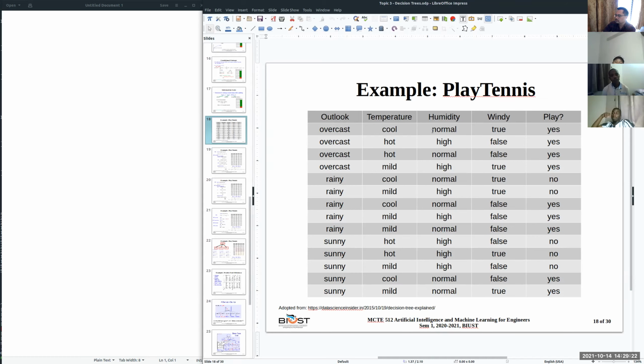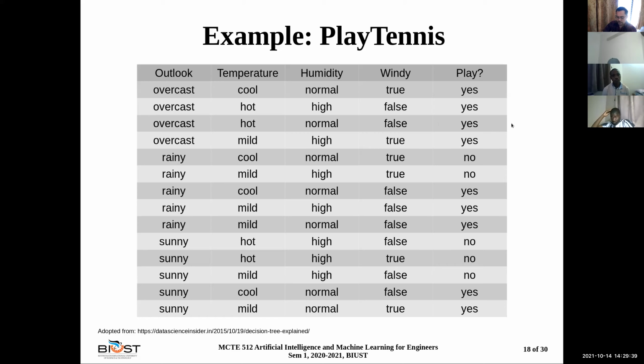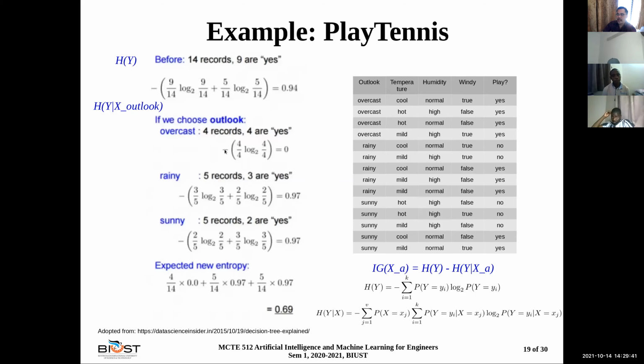So we have 4 attributes: outlook, temperature, humidity, and wind. And the output is play, yes or no. Okay, so let's just do this immediately. Let me share. Let's solve this one. So that is your data set, and now let's